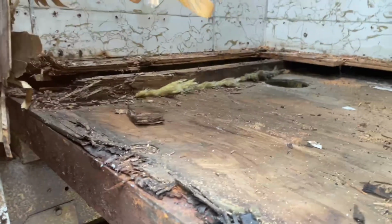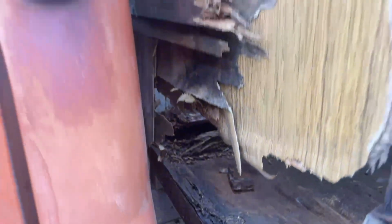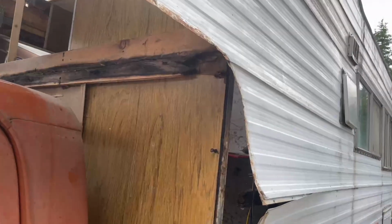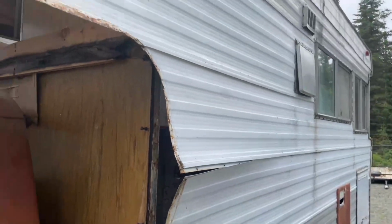The floor, this isn't the floor. If you look in there, you can see where I cut the original floor out when I took the bathroom, toilet, and everything out. There's just no structure left. It was just gonna have to do so much more past the cab, which I didn't want to do. And so